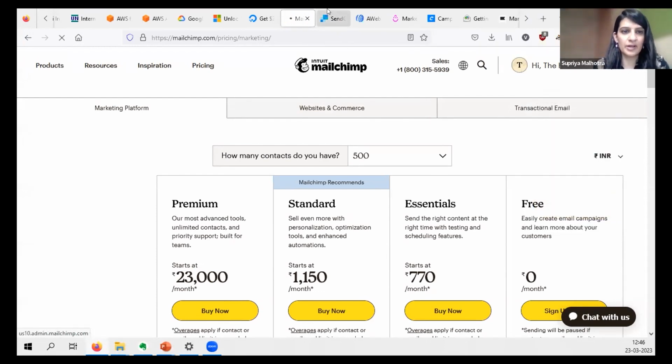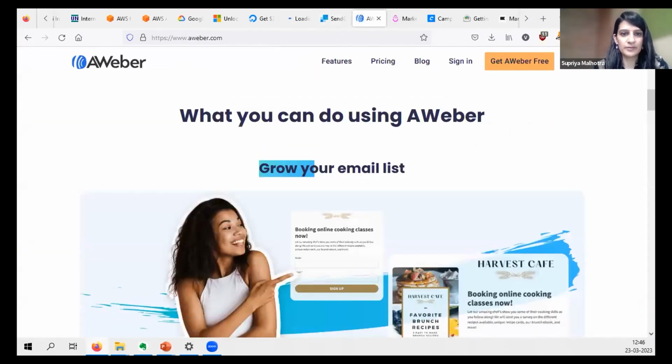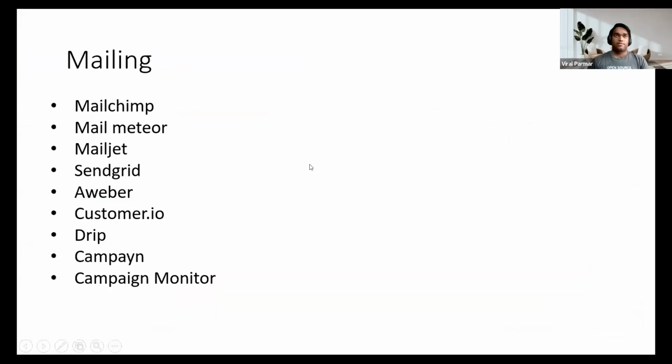Perfect. Can we move on to the slide? Yes. So there are other websites that you might be using for mailing service. Let's say if you want to run a proper campaign, I suggest that you also look at the Campaign Monitor website, which is very good. Yes, obviously it's paid. There is no free plan in Campaign Monitor, but they give a trial version of 15 days. You can try that, and if it is suitable for your business, then you should use it.